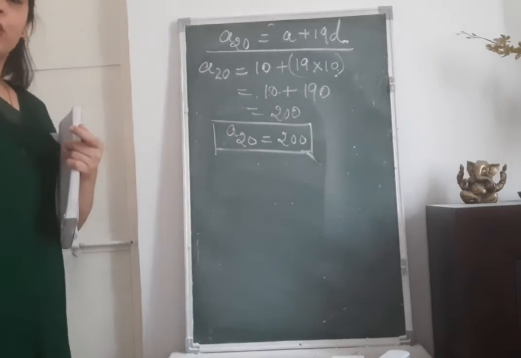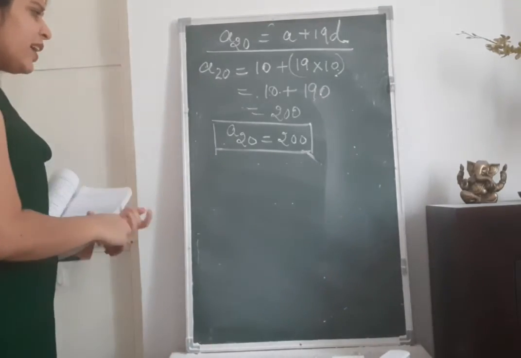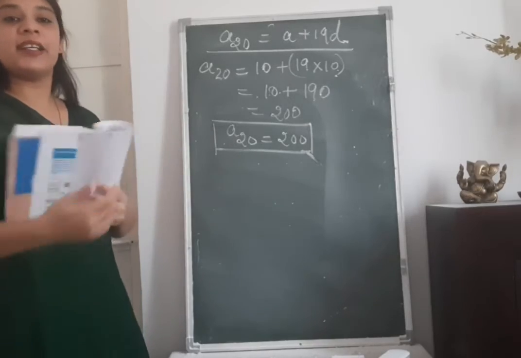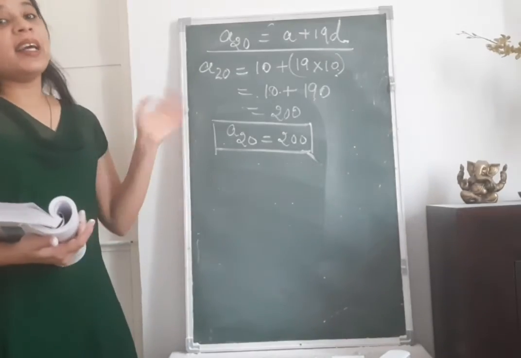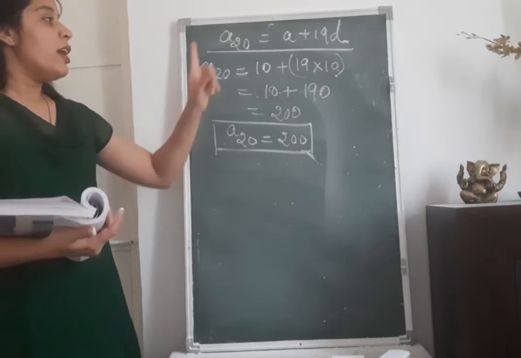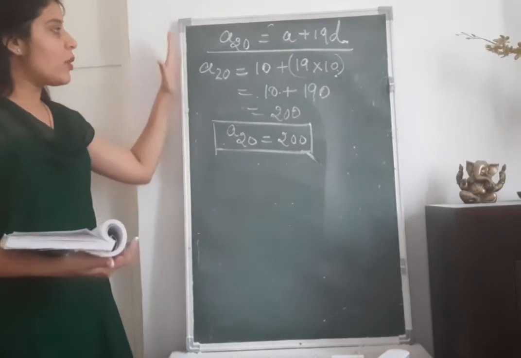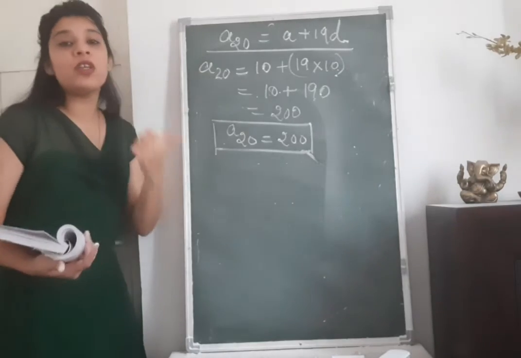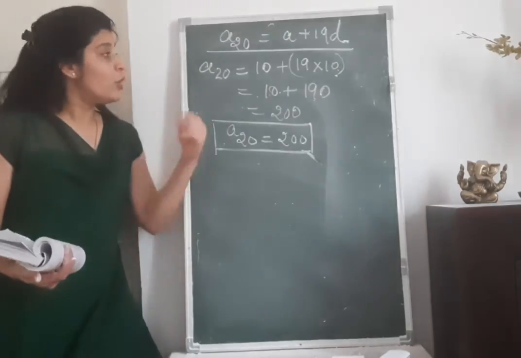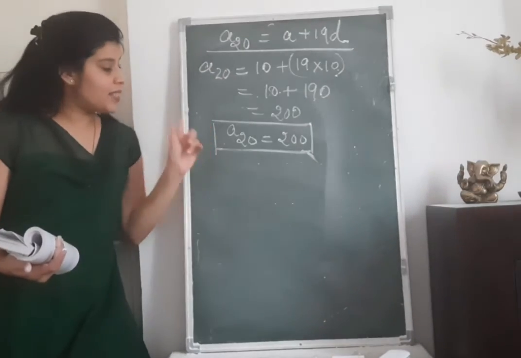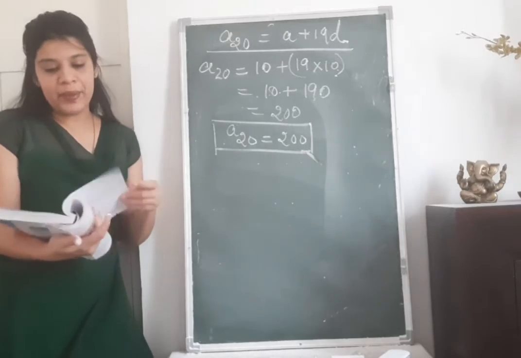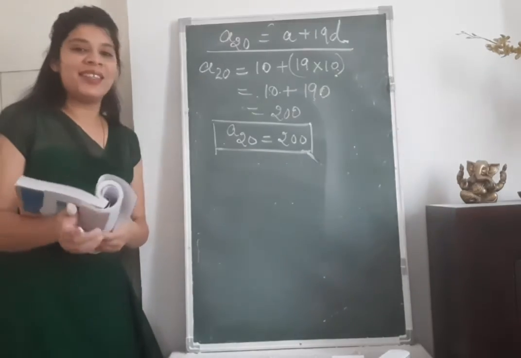200. Okay. So this is how we have used both the formulas, that is the sum of first n terms of an AP and the nth term of an AP, that is an is equal to a plus n minus 1 into d, in this question. This question is important for you because this is the first question where we have used both the formulas together to find the common difference and the 20th term. Let's move on to the next example, that is example 13.